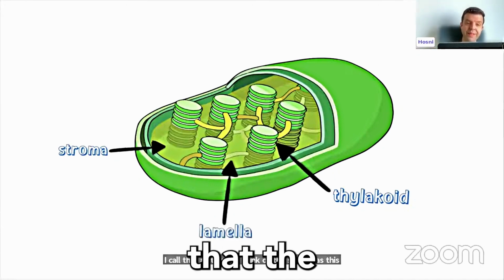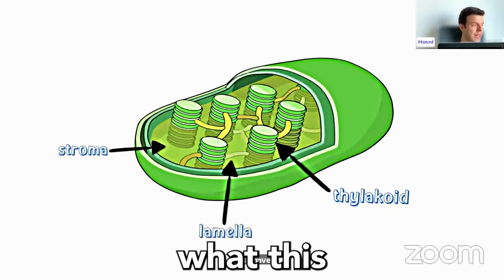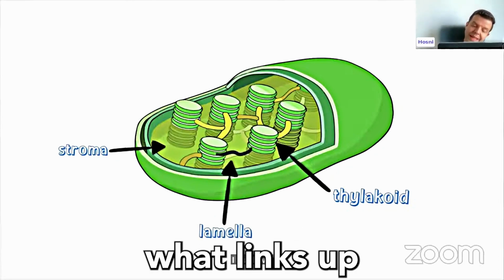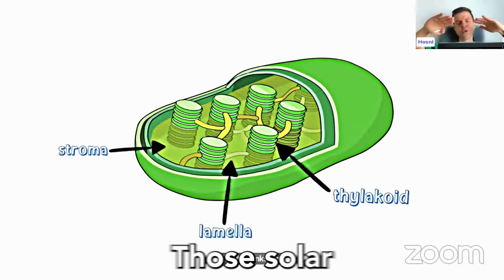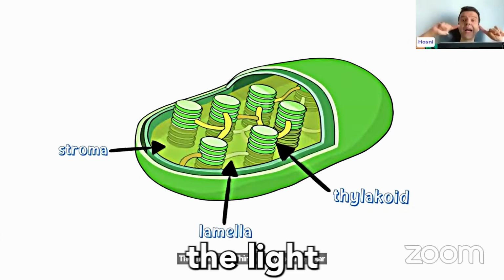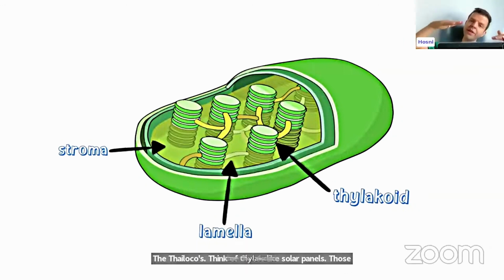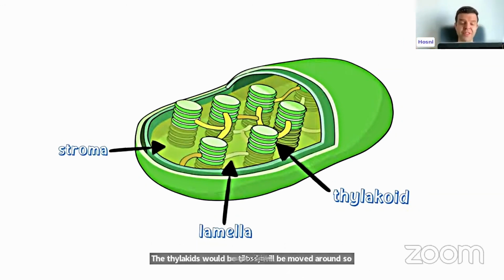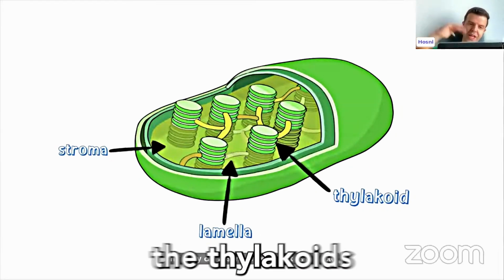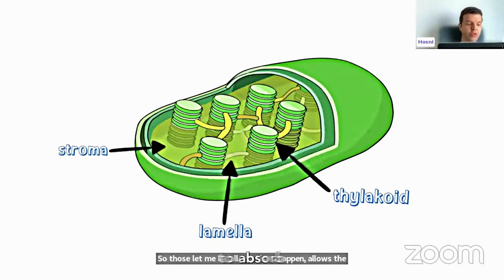I also have that lamella thing. Lamella is what links up the thylakoids. Think of thylakoids like solar panels. Those solar panels have to be facing the light all the time. As long as the light is there, the thylakoids will be tilted and moved around so that they can absorb as much light as possible. So those lamellae allow the thylakoids to be in the right position to absorb as much